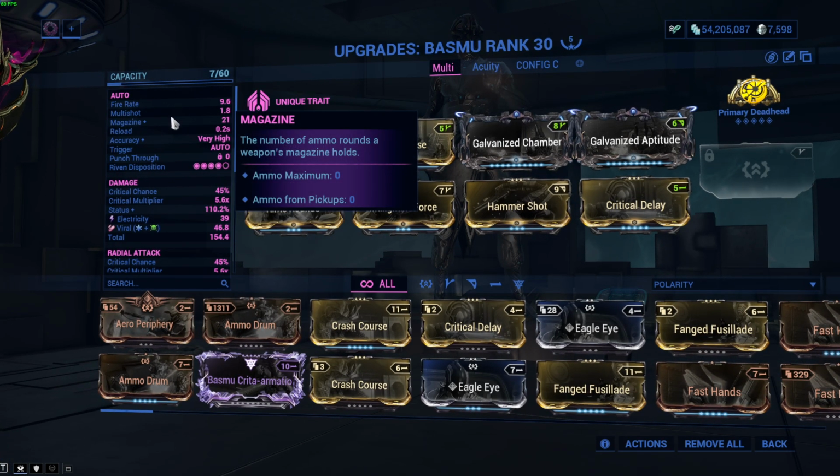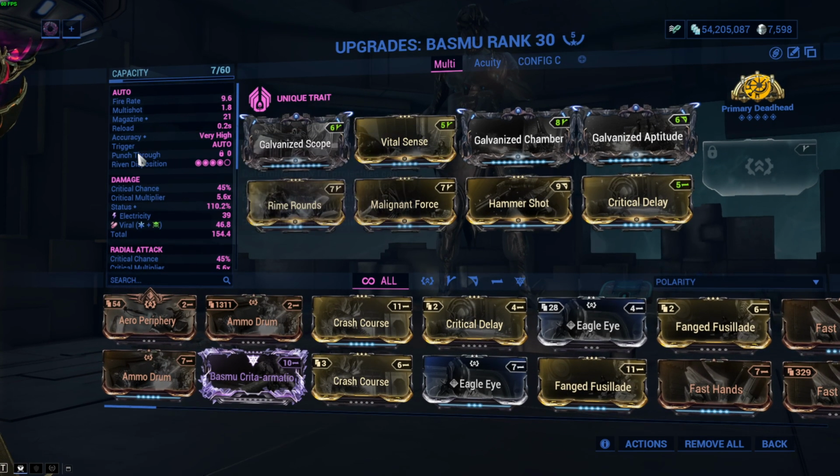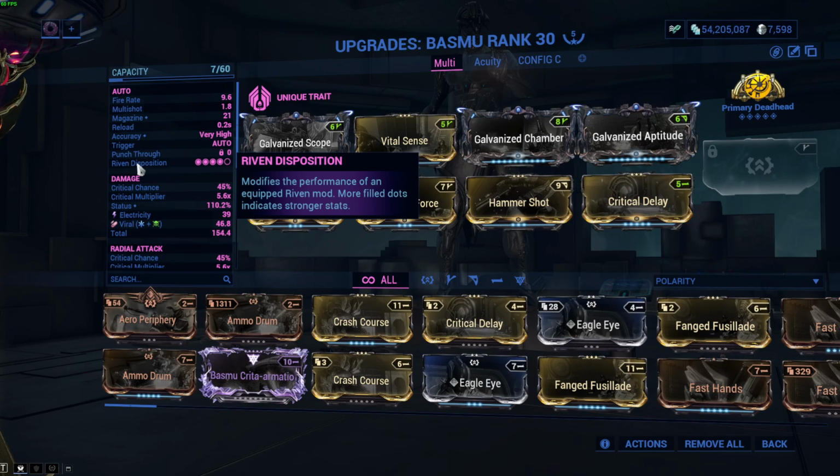Magazine 21, which is kind of low, but it has the infinite battery system, which is the regeneration system on the magazine, which has a 0.2 seconds reload, which is quite nice. Accuracy very high, automatic, punch through doesn't work. Riven disposition is quite good. If you like the multi-shot system more than the utility, I highly recommend going for critical chance, critical damage, multi-shot